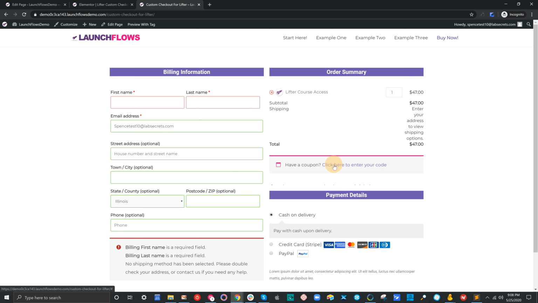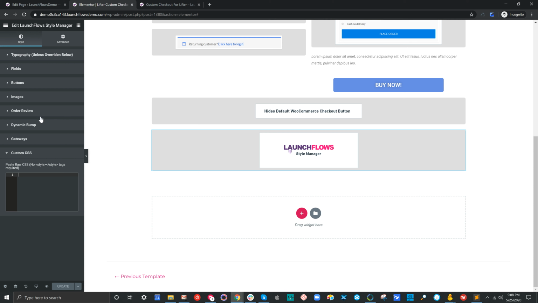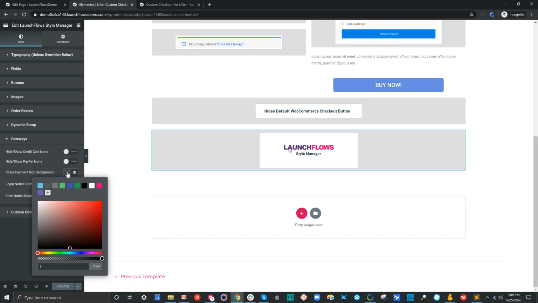My coupon is existing here. And again, I can change the color scheme with the style manager. So for example, if I go over here, I have the option for gateways. I can change the credit card icons. I can hide, show. I could change the Stripe payment box background color and so forth. So maybe if I liked blue,